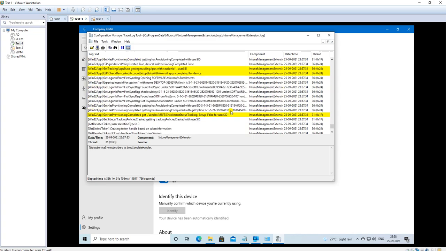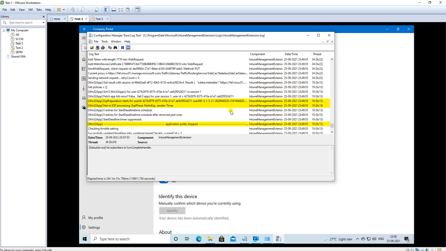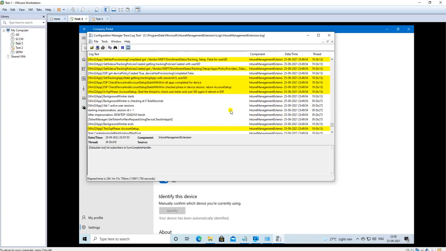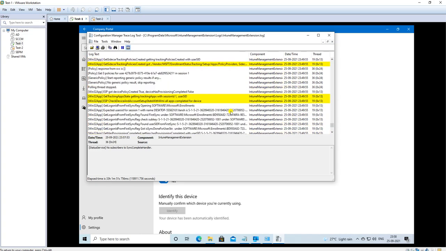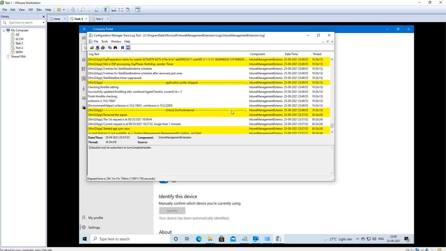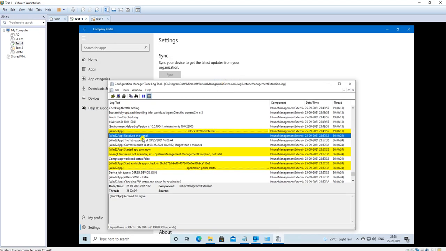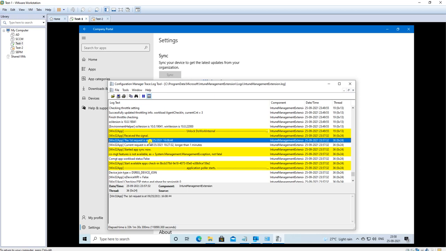Let me explain something more about that log file. This is where it got started, around 23:57. When I click on sync here, this is how it triggered and received the signal. The company portal received the signal to start the sync, and the first request was on the 25th.